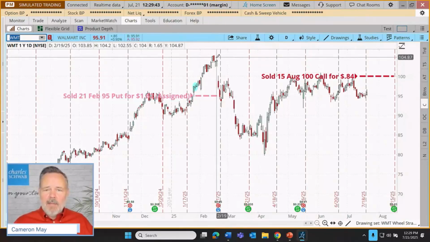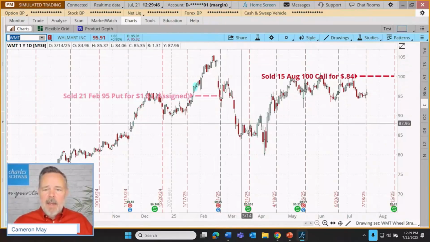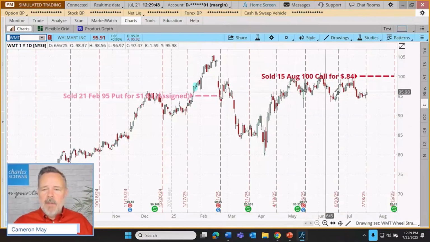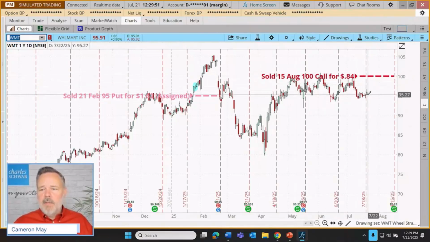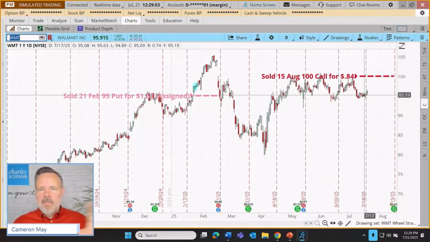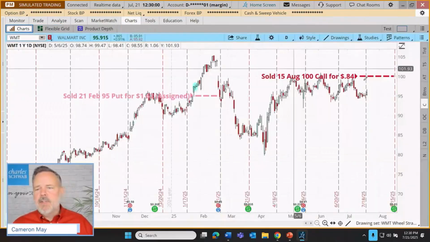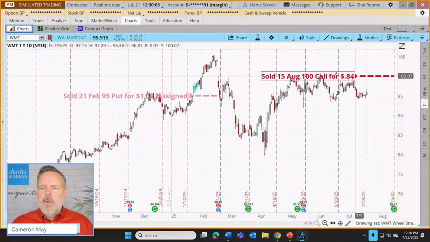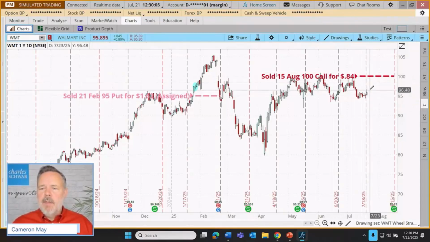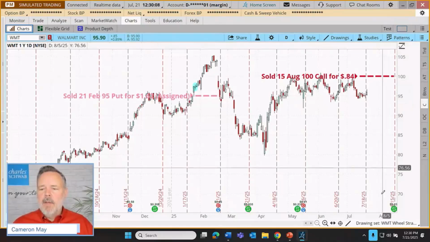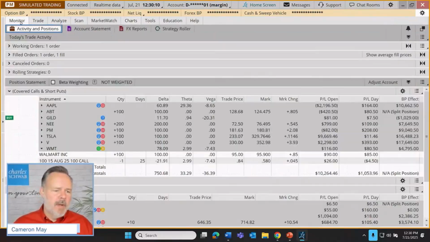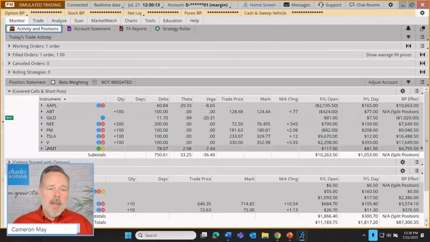Look at that. Oh, we're not going to get assigned. Yes, we are. Got assigned. And then this one's just sort of been moving around. This is our first call that we've sold against this position while just kind of leaving it mothballed down in the unallocated section. So we'll leave that one alone. Preference here is for the stock to go up, but to stay below 100 before expiration or as we approach expiration. So all of that's quite a bit, but I wanted to talk about managing our covered call positions.